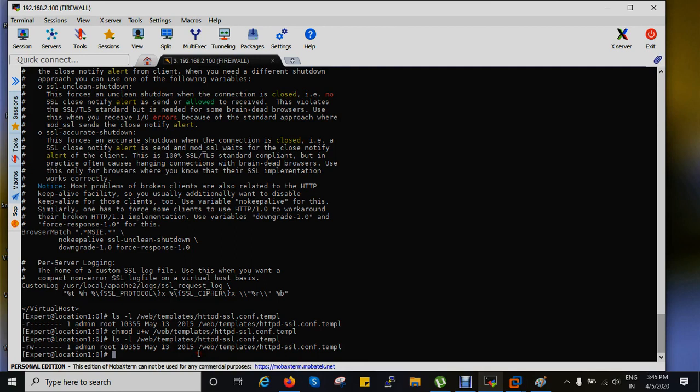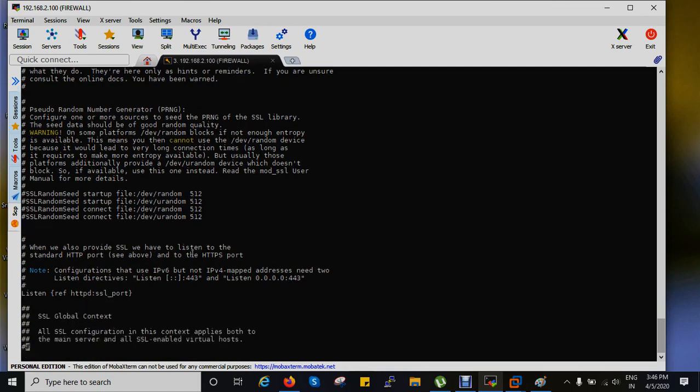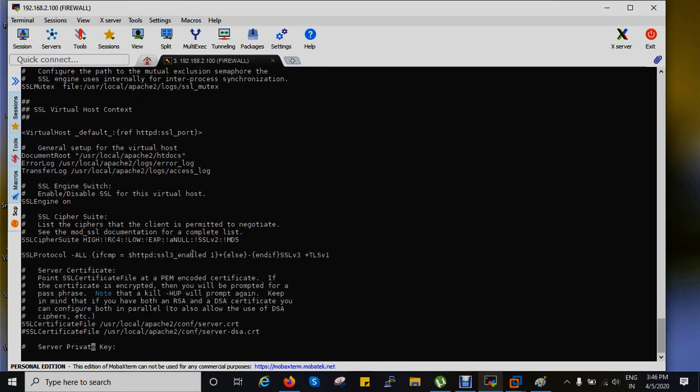For changing the ciphers, we just use vi and again the web template httpd file. Move the cursor down to that line, and press I for insert.